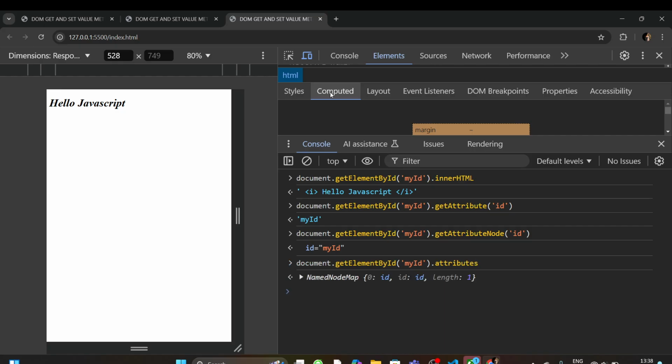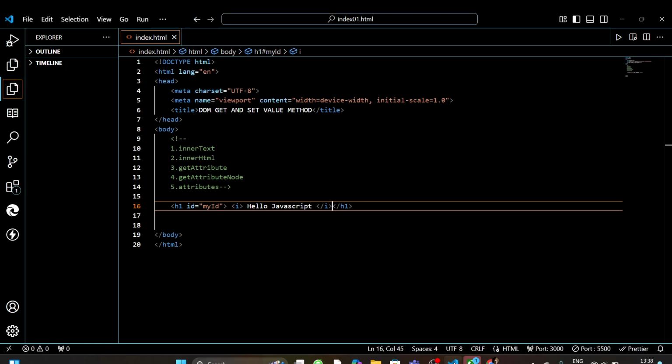If I click enter, you can see here we didn't get anything. We just got the name node map because we have not written many attributes here. So instead of this I'll write here